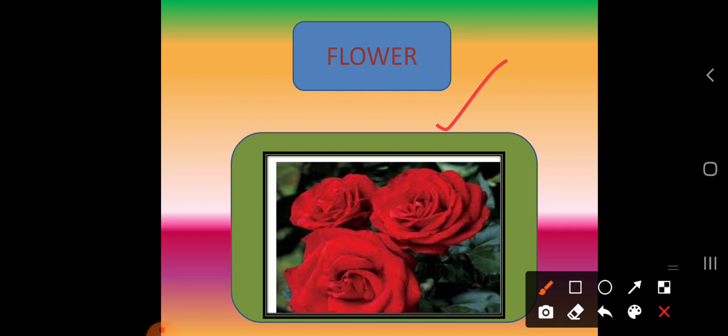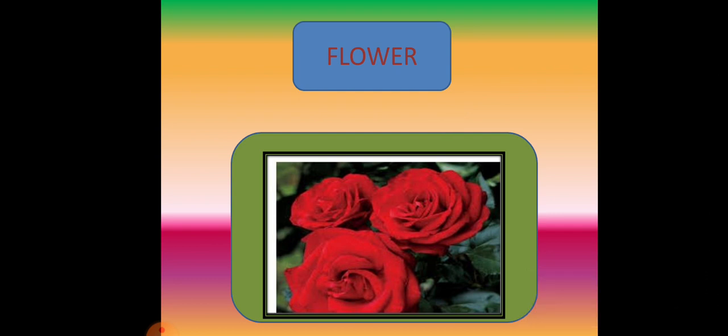For example, you can take this rose itself. It is so beautiful, is it not? Are there any other colors for rose? Yes, yellow color, orange color, white color. These are the colors of rose. In a similar way, other flowers also have a variety of colors which attract our eyes, is it not?